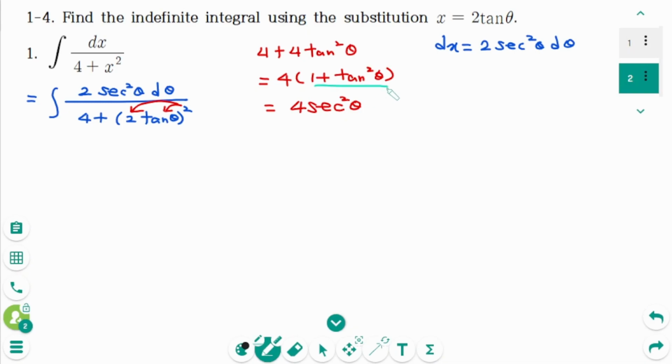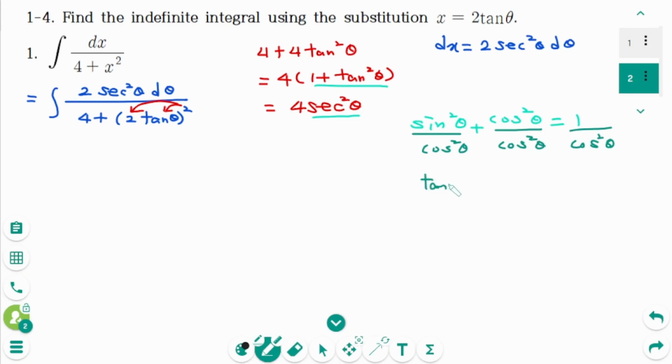If you can remember this formula, how about this? Sine squared theta plus cosine squared theta equals 1. Then divide by cosine squared theta on each side. Then tangent squared theta plus 1 equals secant squared theta. Then back to the original, the integral of 2 secant squared theta d theta over the